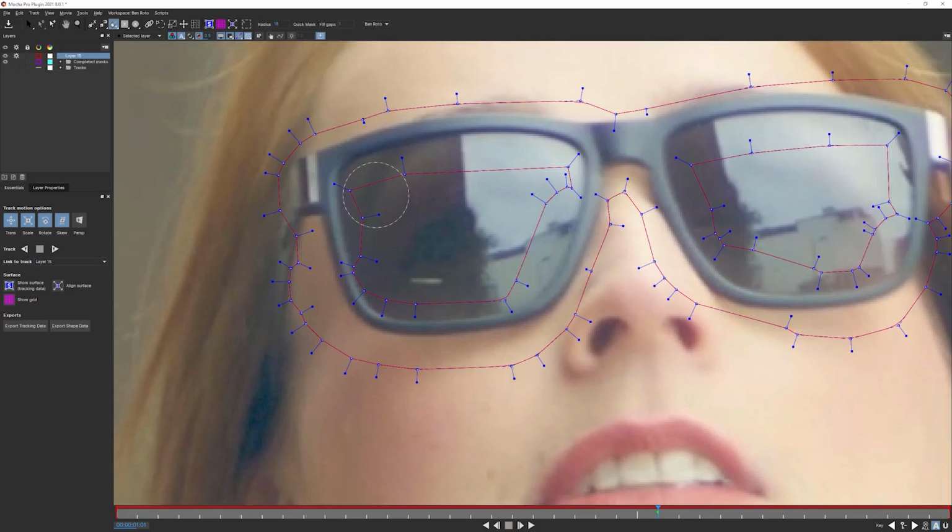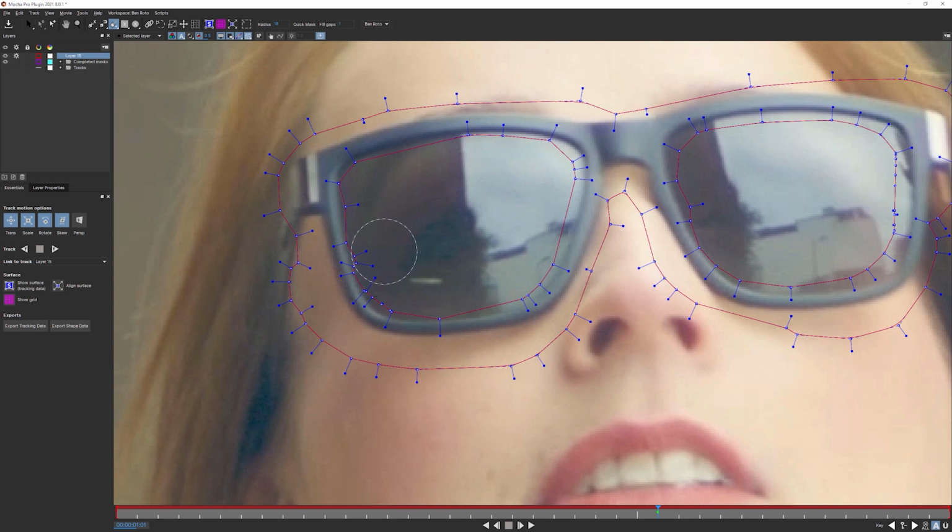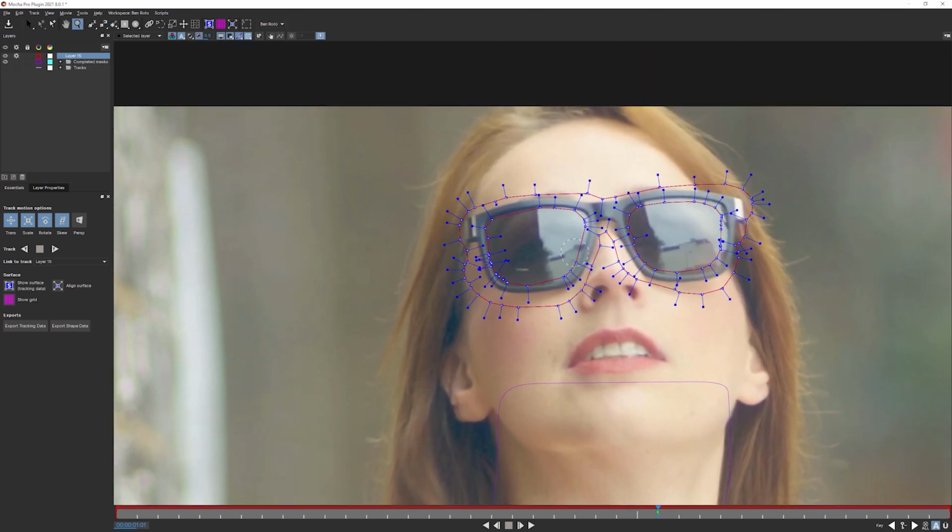If I want to remove stuff, like I've got too much of the reflection here, I can just hold down the Alt key and look what happens to my circle. The circle gets a little minus in it. Alt key not held down. Alt key held down. Then I can just come in and paint this stuff out. There we go. And I'll do this on the other side as well. And that will remove that area from my shape. Lovely. It's the same over here.